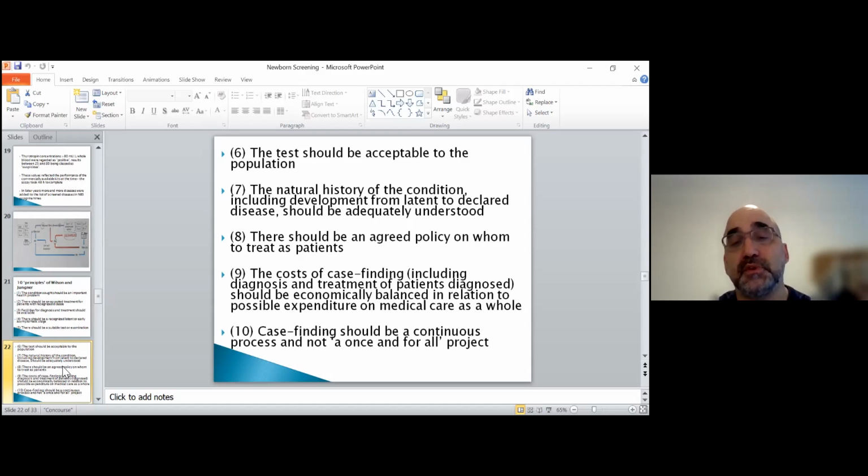The cost of test case finding is very important as well. So that is the whole process, not only the lab part and the equipment part, but the whole process of finding the babies, getting them to do it, covering the whole population, having a specialist to get the report back, and then cost effectiveness. Again, if you have one test available, that gives you the infrastructure to expand. So that would reduce a lot of costs for setting up other tests. And it should be a continuous process and not once and stop.